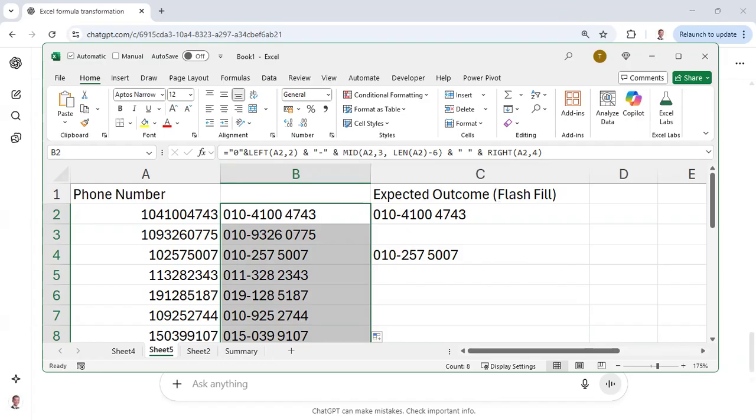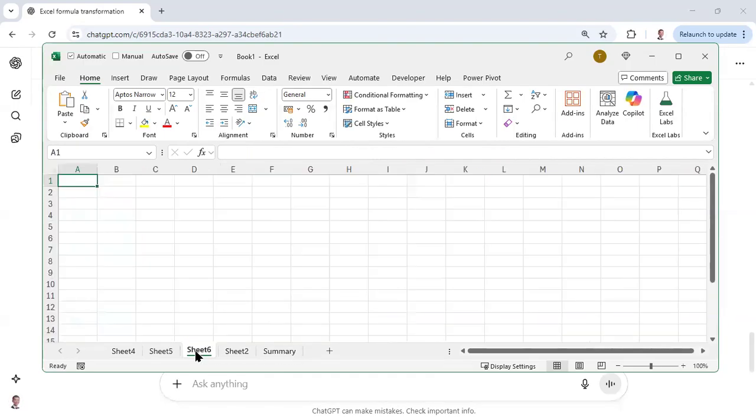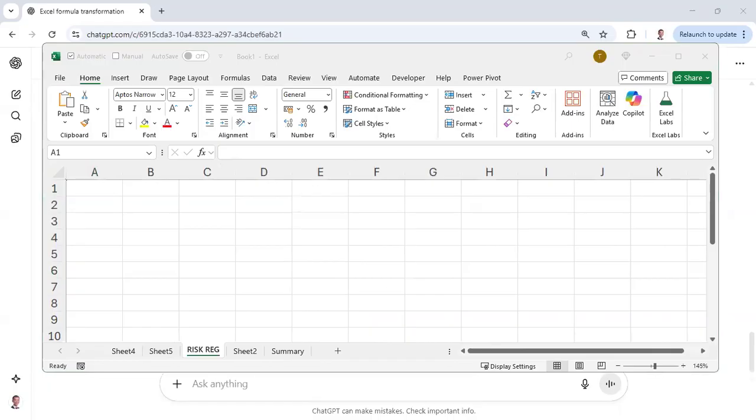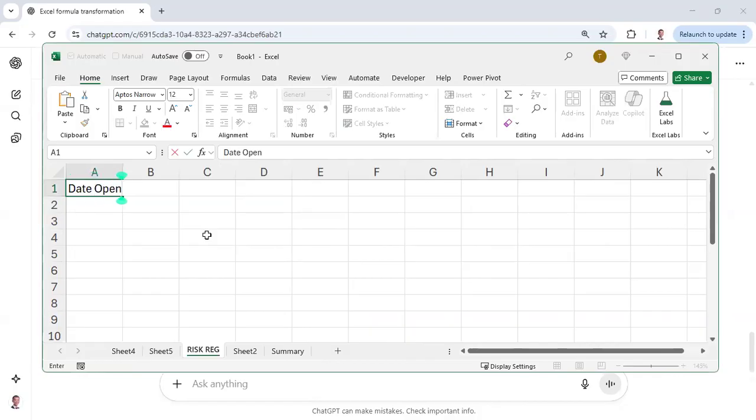Sometimes for the risk register, often people use color to indicate the different level of risk. So I'm just doing this one. Okay, so this is a risk register. Okay, so this is a very simple risk register. I may put in the date open, maybe when they start registering the risk, maybe they have the date closed, and maybe there's a risk